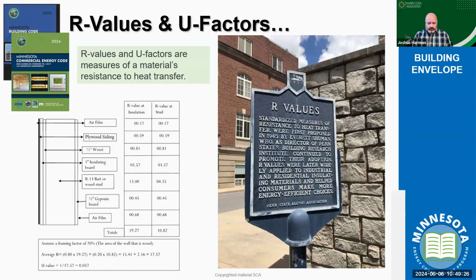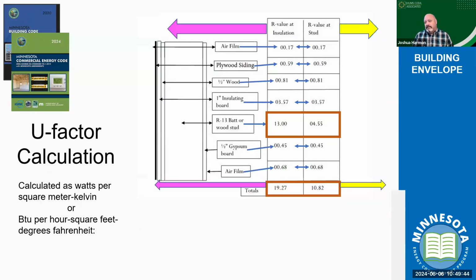The R value was established, created back in 1945, if you can read that little plaque there at Penn State University. So these concepts have been around. If you think about the R value, almost 80 years, we've been using R values to measure thermal resistance. And we've been using the concept of the U factor even longer, right? Because we're looking at the transfer of heat through square feet, through a material, right? BTUs per square foot per hour per degree.